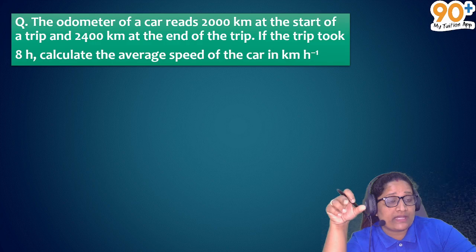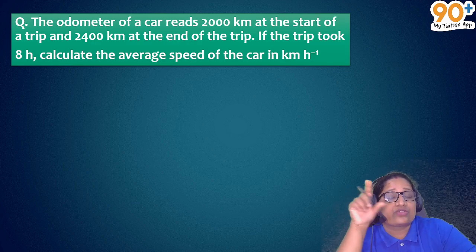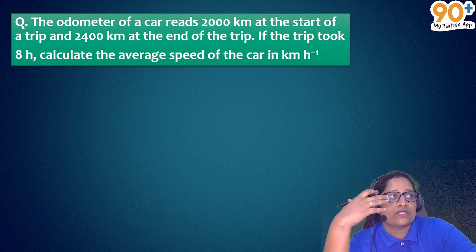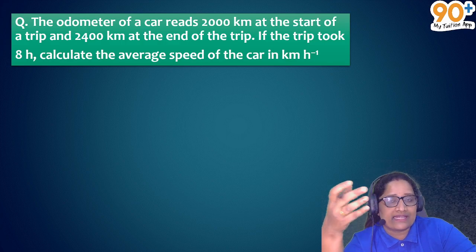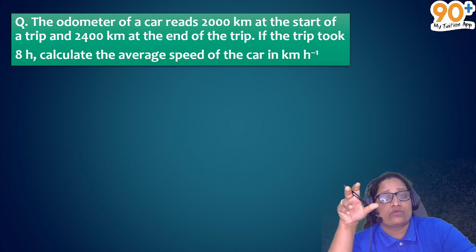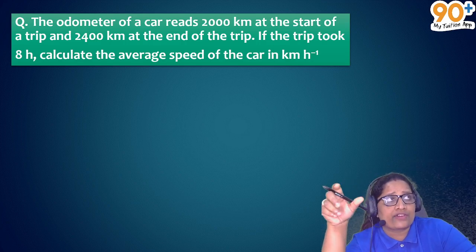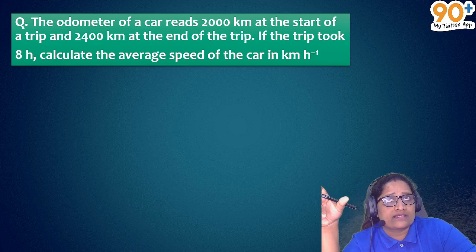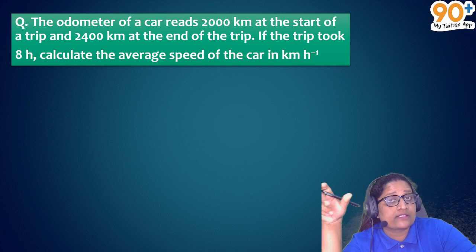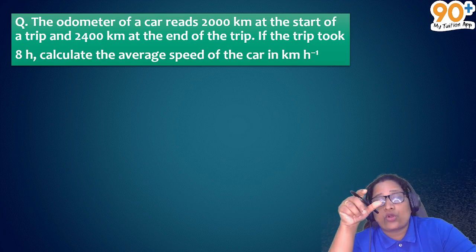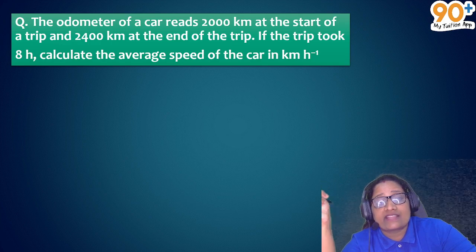That is the speedometer. Next to that, on the back side of the steering, you can see one more meter, which is known as the odometer. It shows the total distance you covered. Okay. So, the odometer of a car reads 2000 kilometer at the start of a trip,